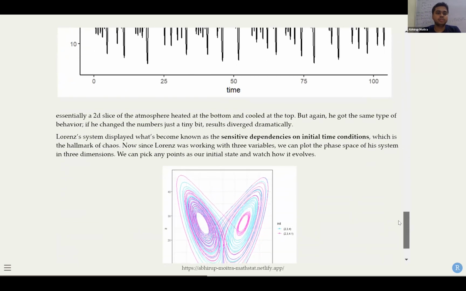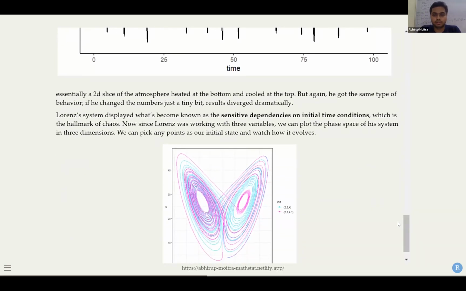Essentially it is a 2D slice of the atmosphere heated at the bottom and cooled at the top. But again, Lorenz got the same type of behavior. He changed the number just a tiny bit, and the results dramatically diverge. So the Lorenz system displayed what has become known as sensitive dependence on initial conditions,